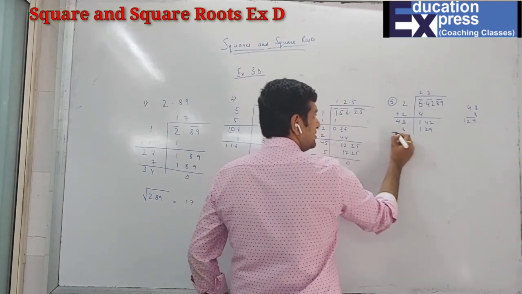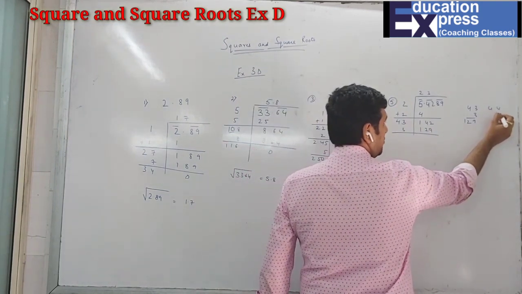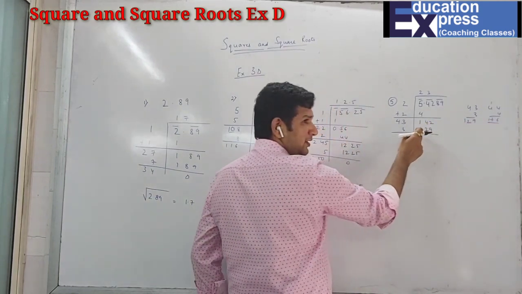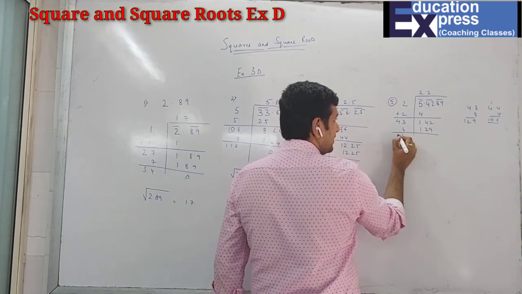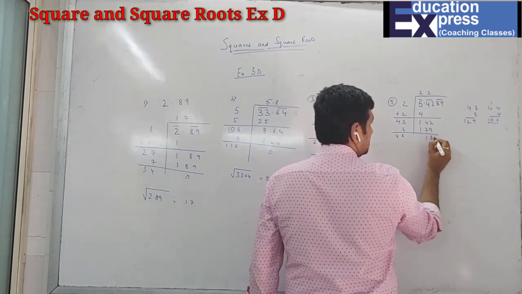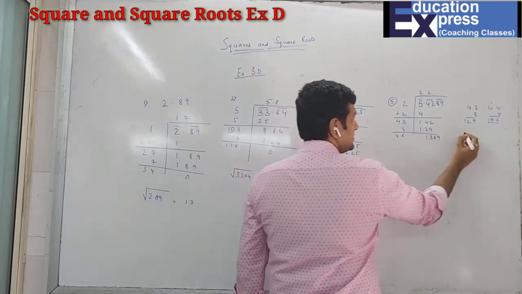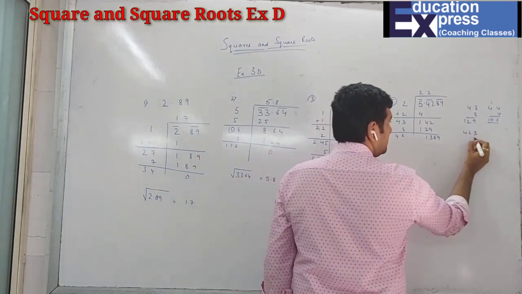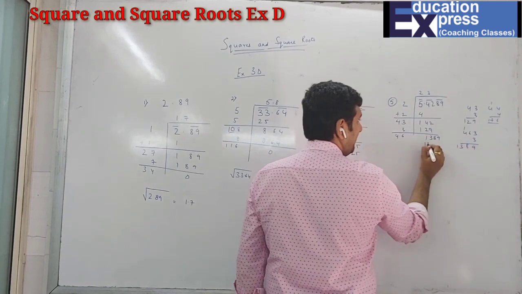This is a smaller number, so why can't we take 4 also? Well, after 3, 4 comes, so 4 4s are 16, 176, which is definitely bigger than this. So we do not go for that. So we have gone directly for 3. Now 46, 9 is either 3 or 7. So 3 3s are 9, 3 6s are 18, 1 3 4s are 12. Yeah, it's coming.